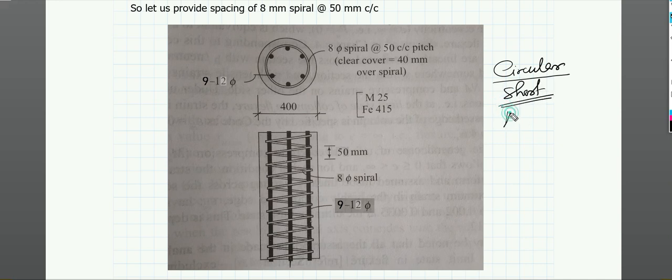Okay, uni-axial, yeah, only axial load, only axial load you are considering. So this is how we have to design. I think you have found it very easy compared to design of beams and slabs and all, and you can definitely score good marks while designing the columns. So please go through this, and if you have any doubt, please let me know.